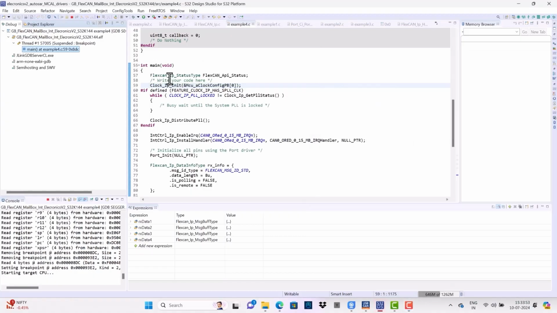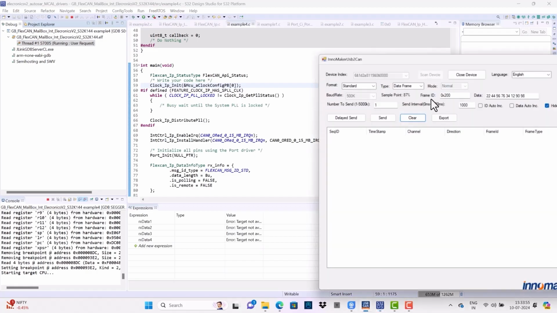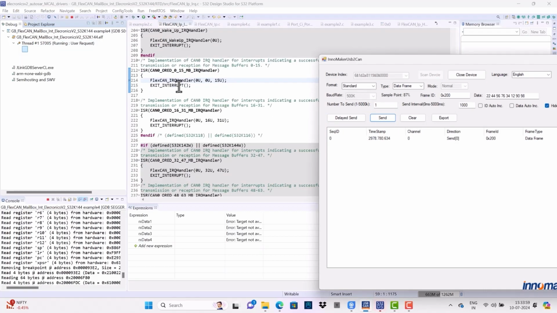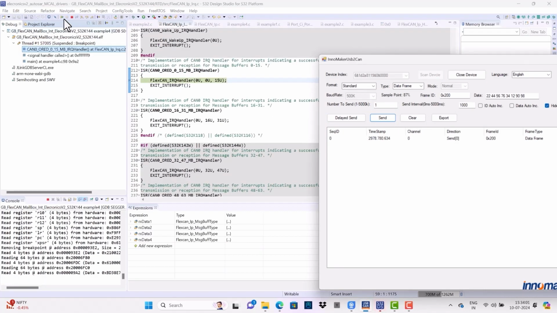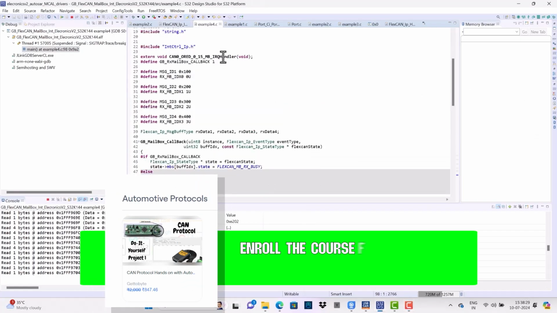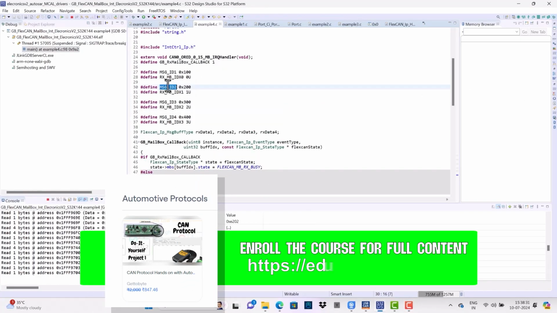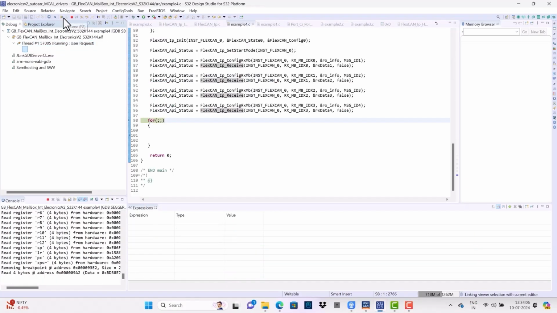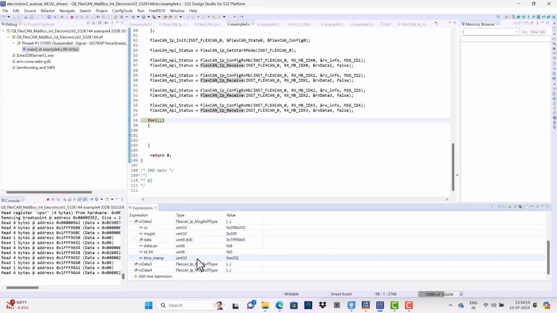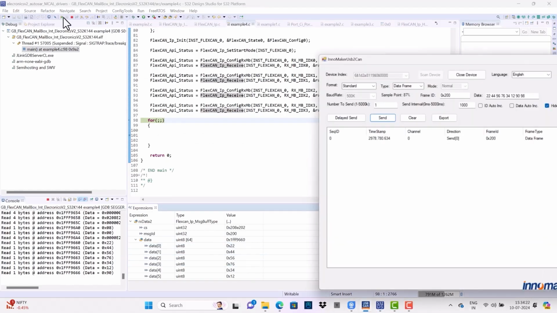Now running the code and let's send CAN data of message ID 0x200 via CAN analyzer tool. So you will see code will be stopped at IRQ handler indicating CAN data of matching message ID of one of the mailbox is detected, and further running the code will stop at for loop and we can see the received CAN data from expression view.